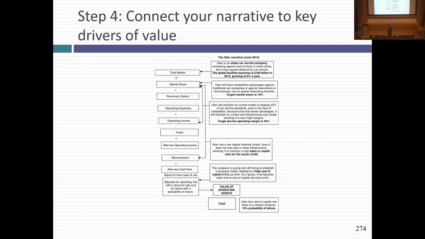So 6%. Remember the second part of my story, I said it'll attract new people into the market. If you look at just the traditional car service market coming into 2013, it was growing at about 1.5 to 2% a year. But if you're able to attract more people in, that growth rate should be much higher. Again, it's a concocted number. It's higher than 2%. Why 6%? Well, basically, you're attracting young people, people who never take cabs. So 1.5% goes to 6%. I've brought in new people.